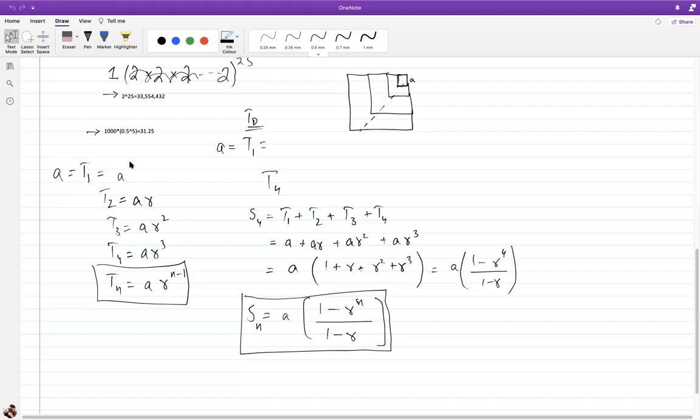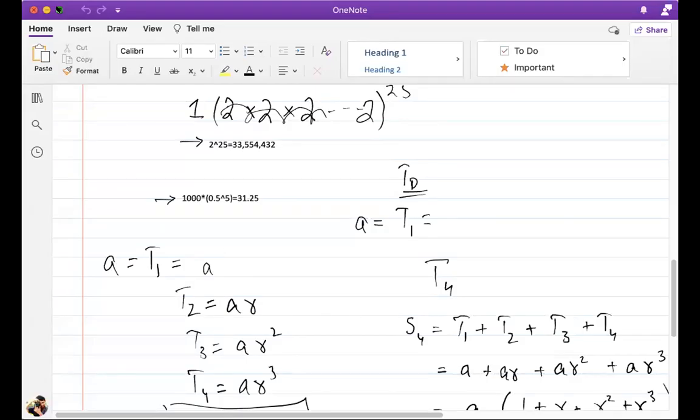Any questions on what arithmetic or geometric series is? Until now? I don't know. What do you mean you don't think so? No. Okay. Anaya is writing something. We'll get rid of that.